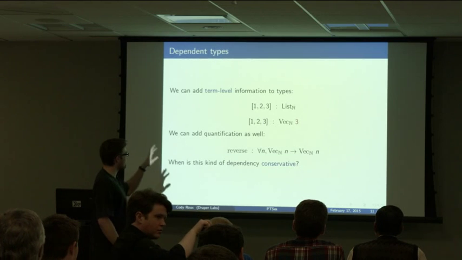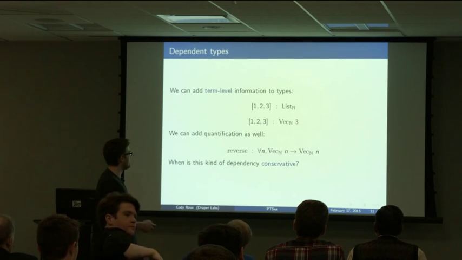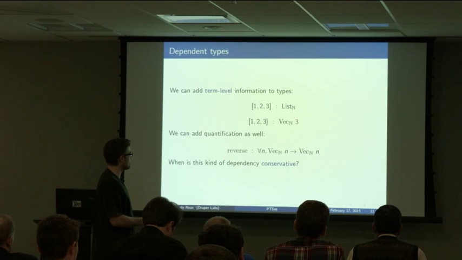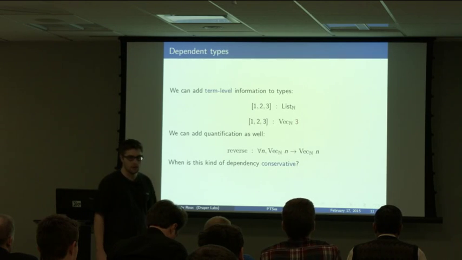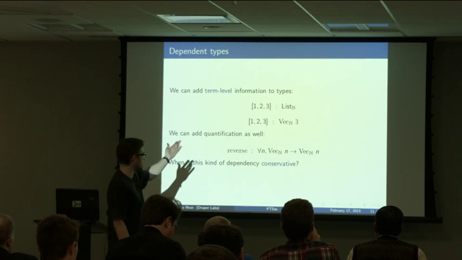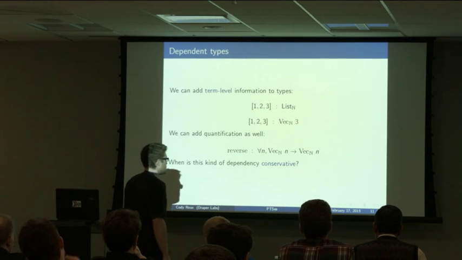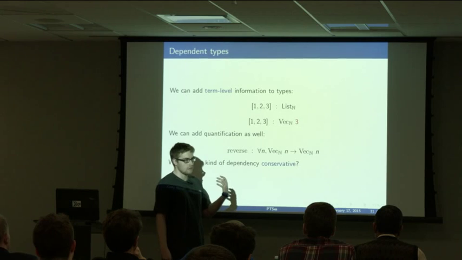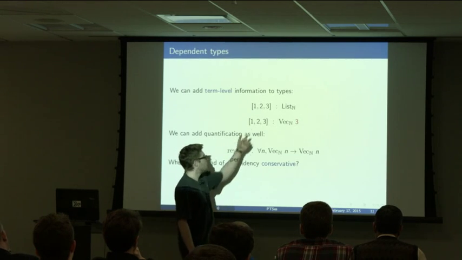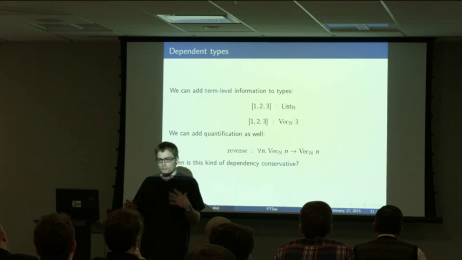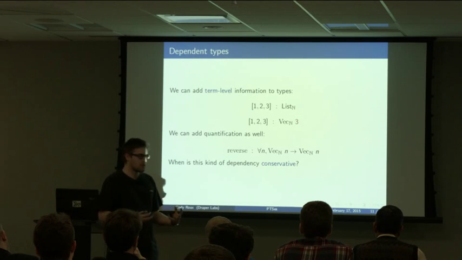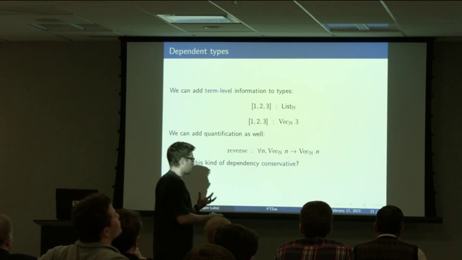All right, so dependent types. What you basically want is to have term level information here at the type. I'm giving the sort of stupid example, but it does have pedagogical value in the sense that it's something we can all relate to, which is you have a list, but you'd kind of like to have additional information because there's an invariant in the program that you'd like to capture.